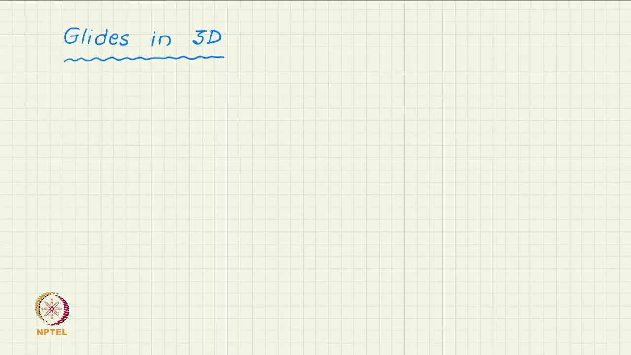In this video, we will discuss glides in 3 dimensions. So, we have met glide in 2D when we were discussing plane group, but now we will extend the idea to 3 dimensions. So, first let us review the concept of glide. So, a glide operation by definition